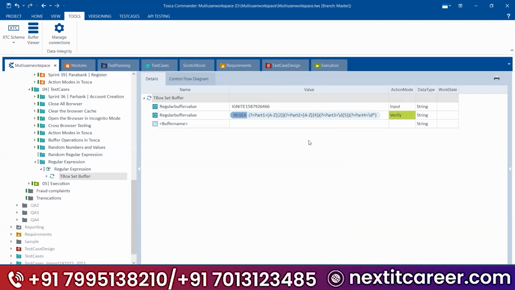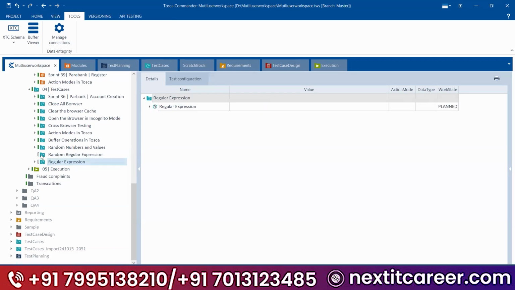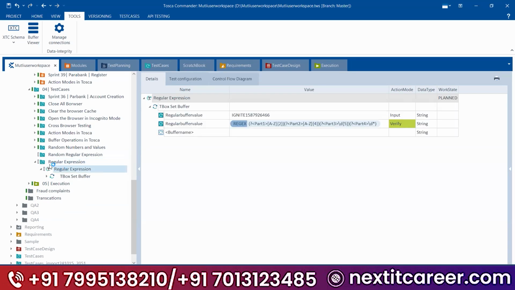If you have a bigger buffer and you want to do these things, then the best way is using the regular expressions in Tosca. Do we need to remember everything? Yes, guys, we need to remember it till the interview. Later, you can check it on Google where you can get the naming group also. But for interview perspective, try to prepare and get the job done.